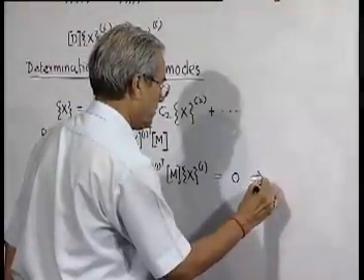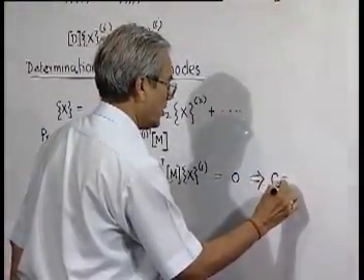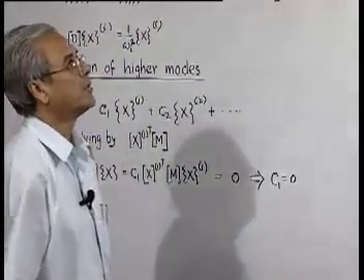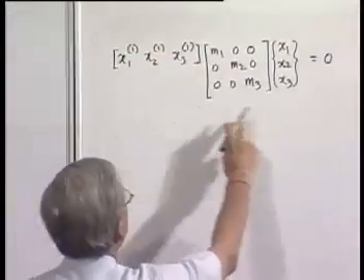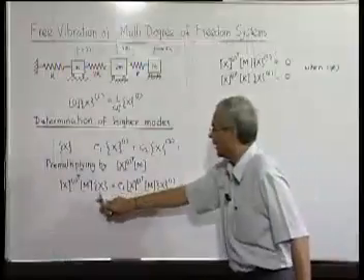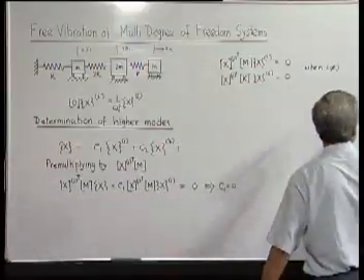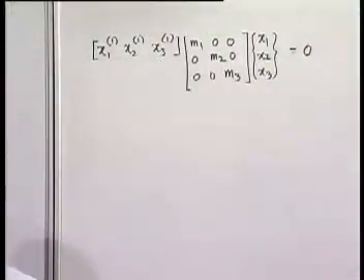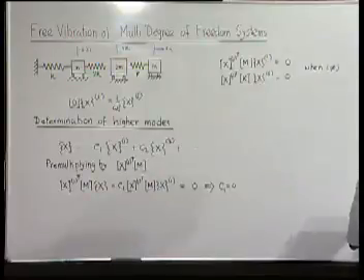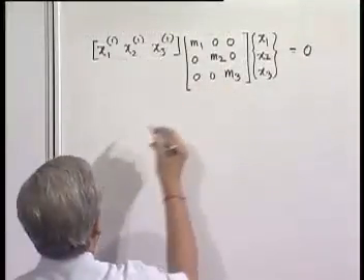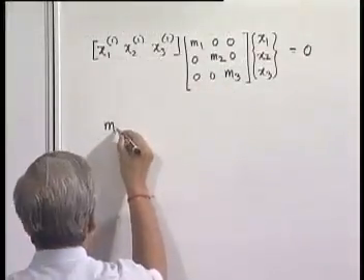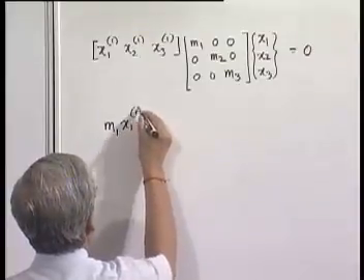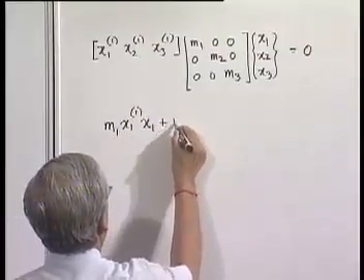So, this implies C1 equal to 0. Therefore, if this is nothing but this, and when I am putting this equal to 0, it means C1 has become 0 automatically. And if you expand this, you will get m1 x1 1 x1